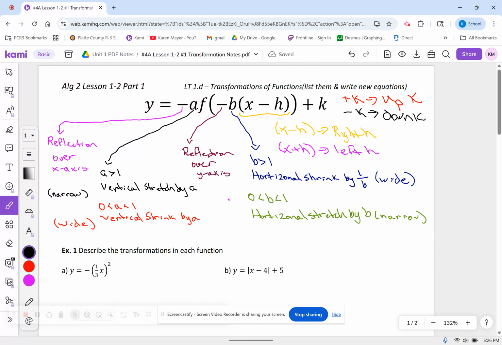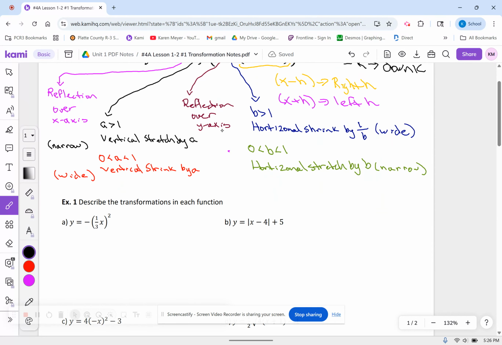whenever we're trying to answer these questions. So our first example here, your job is to look at the given function, and then you need to look and decide what happens. Is there a reflection? Is there a vertical stretch or shrink? A horizontal stretch or shrink? Did I go left? Did I go right? Did I go up? Did I go down? Okay, so under example number 1,